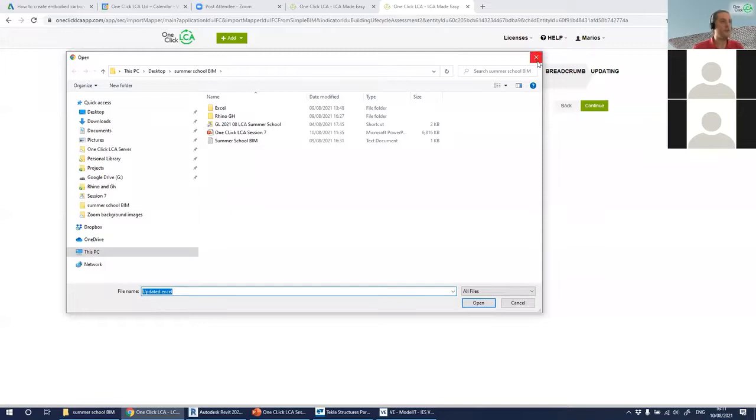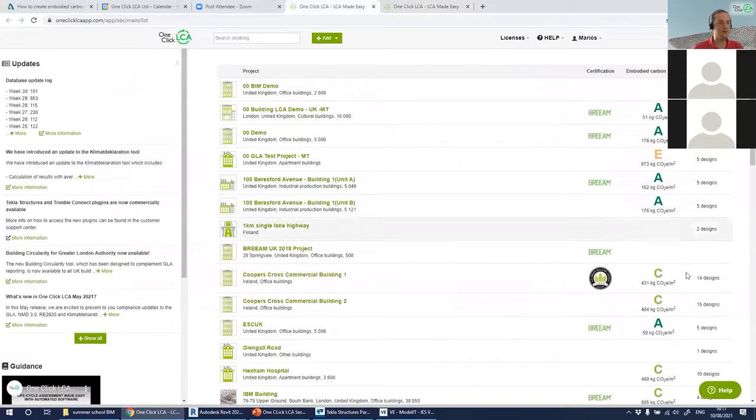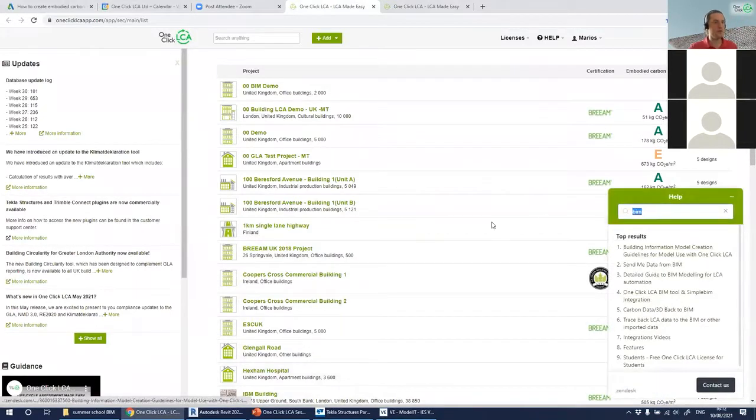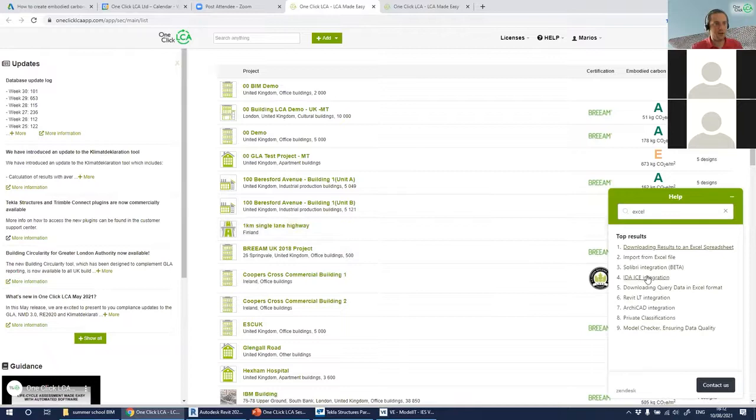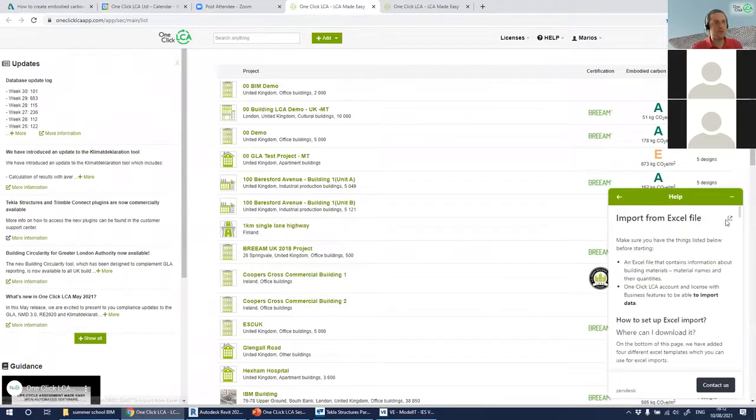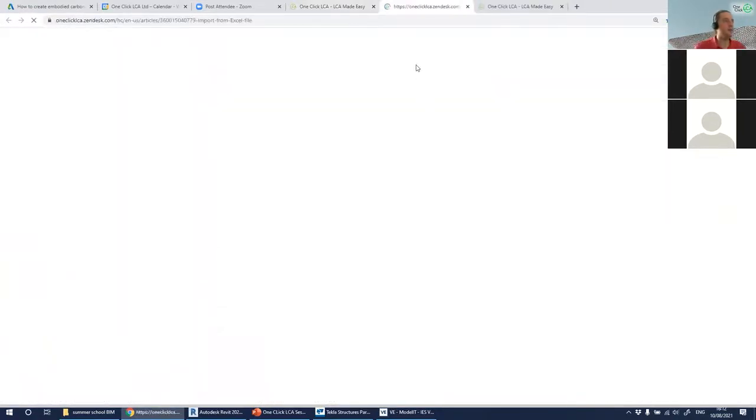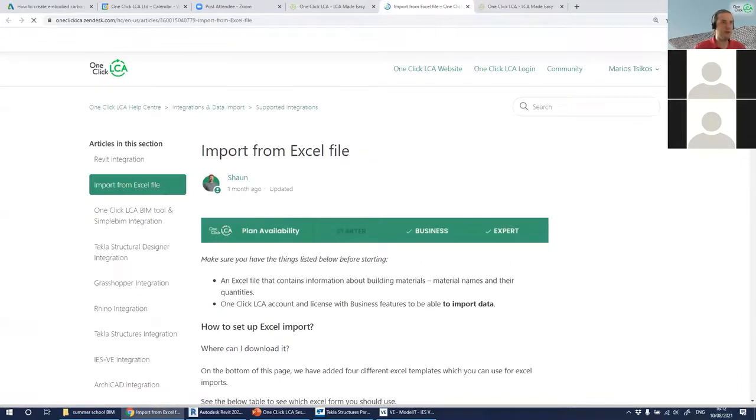But before that, I should have shown you actually the Excel template that you can use in those cases. So I will do it step by step. I'm not just going to show you the template. I'll just show you how you can also find it in our help center. So if you just type Excel here, import from Excel file, you can open it in a separate tab. You can read through all these